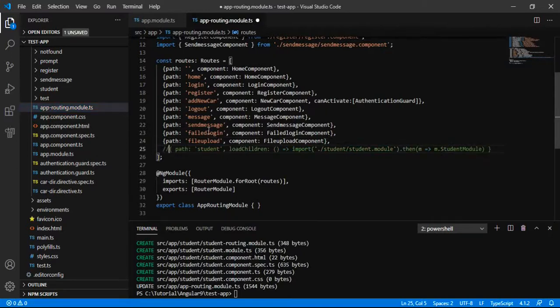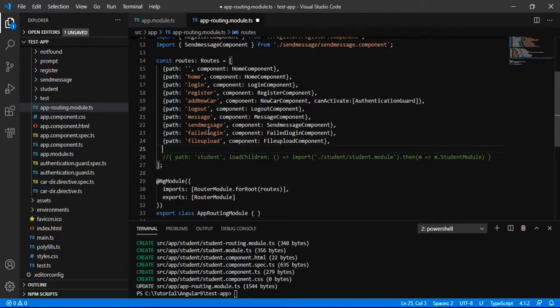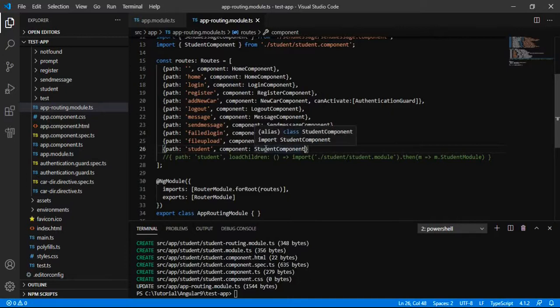Now let us comment this line for the time being. And we are adding the student component over here.